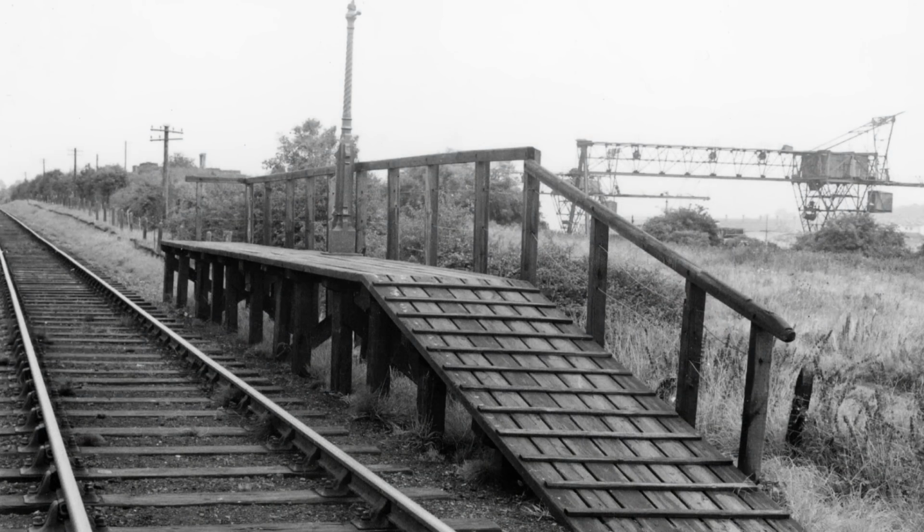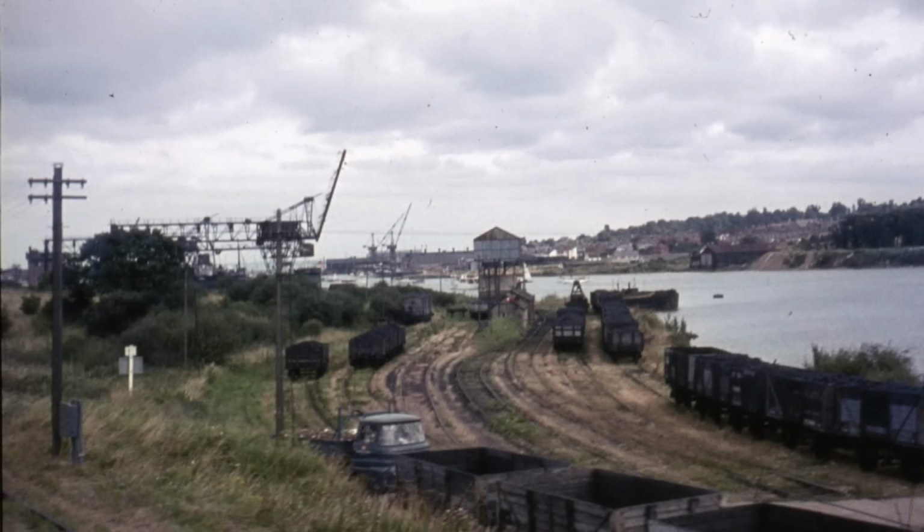This image shows us that tiny little platform. It's such a small wooden affair, isn't it? It'd probably take one carriage, and it's got that lonely lamppost right in the middle. You've got some of the wharf equipment showing on the right hand side. Again, you can see that equipment on the left hand side of this photograph, but a clearer view of around about half a dozen or so